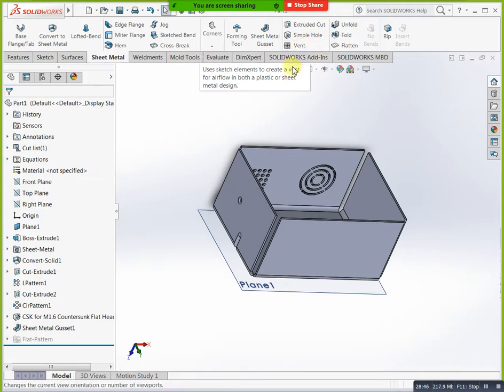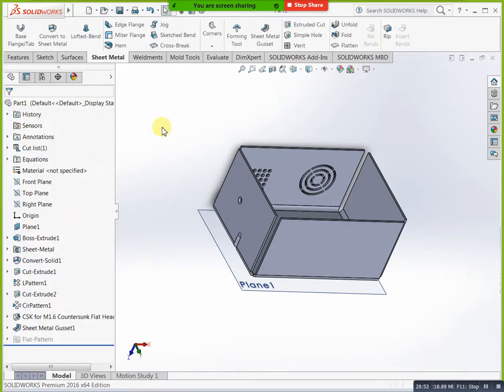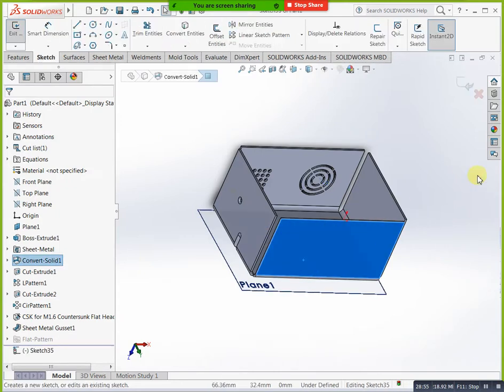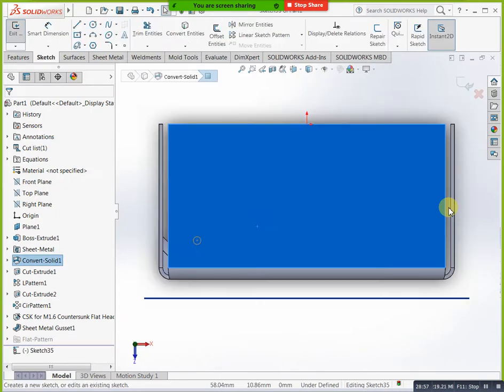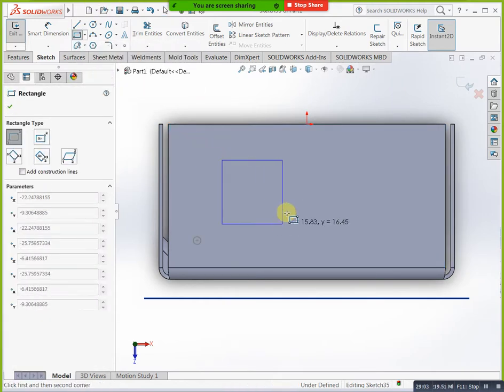Here it is asking for vent. Now you can select this line, this line, this line. Sorry, close this one once, select this vent. First of all you can select this sketch. This is our boundary.